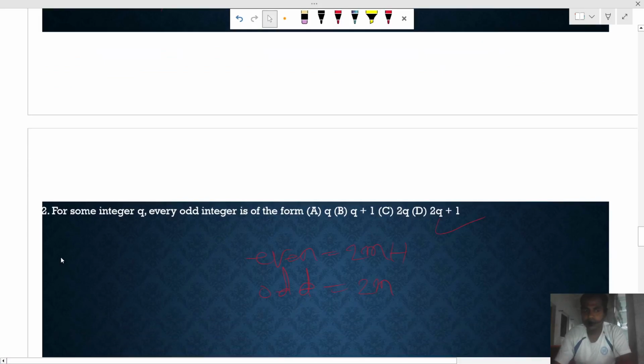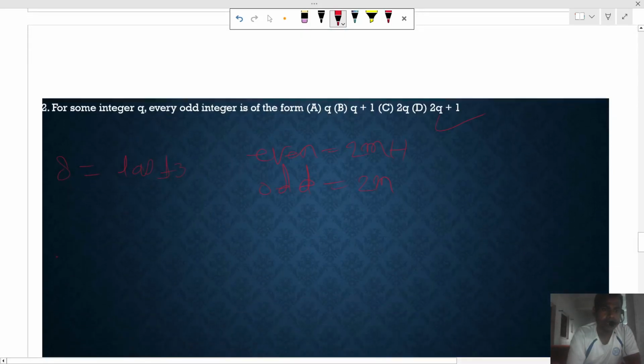For 7, 11, 13, that is the same, I will explain next time. Of 8: the last 3 digits should be divisible by 8. Of 9: the sum of digits of the number divided by 9. Okay.